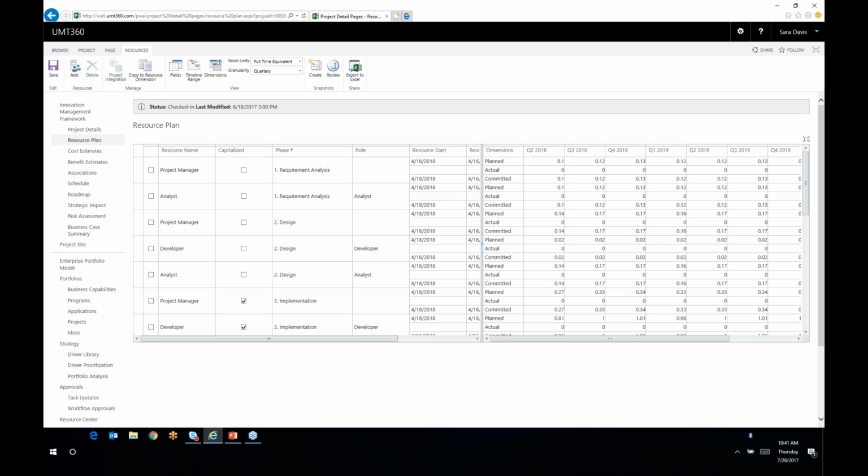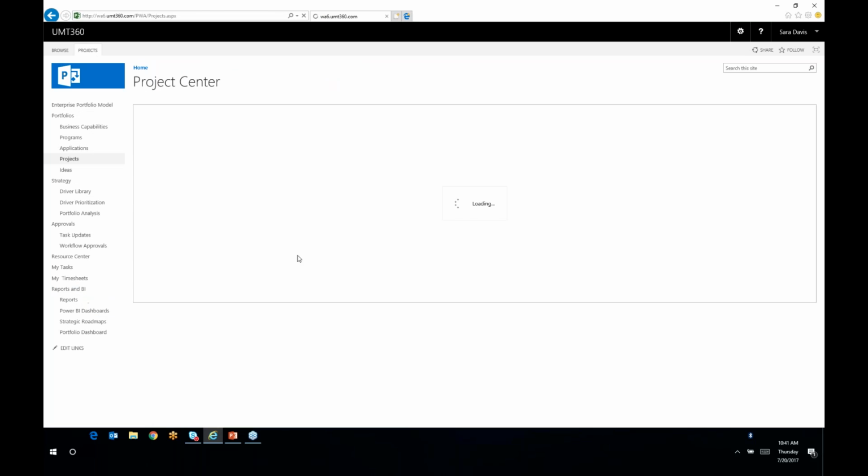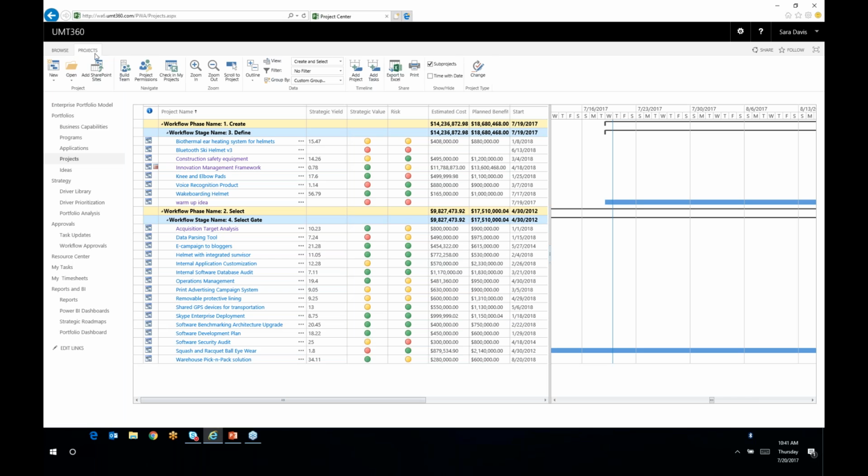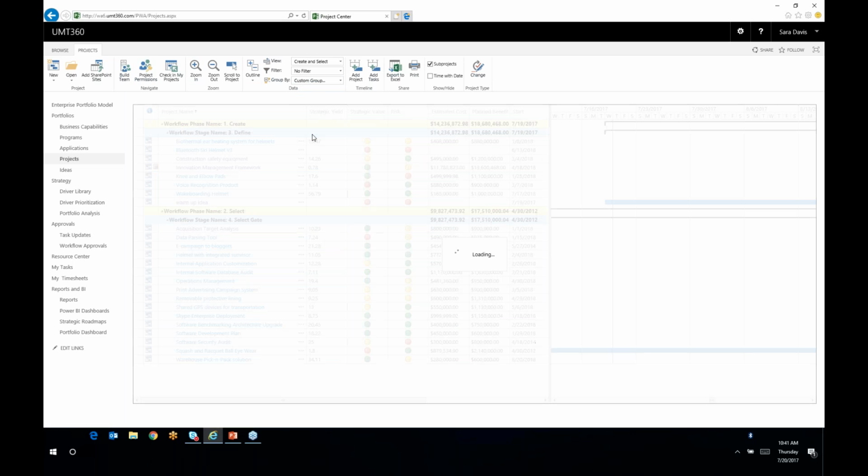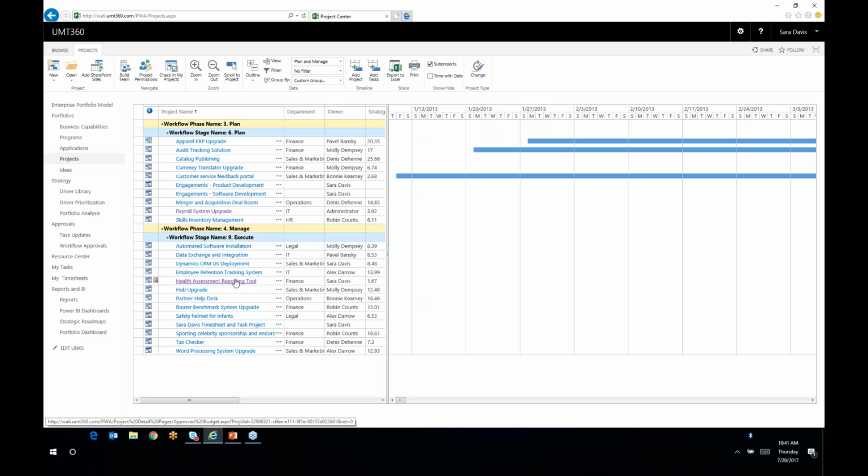So you can also define additional dimensions. So I could define additional planned dimensions, additional actual dimensions, additional committed dimensions. So this gives you the ability to do top-down planning, but also you can integrate with the schedule. So at a certain point, I can start to pull the information from the schedule, and that can become my forecast going forward. Or, if I just move on to that project that was deeper in its life, so if we move back to health assessment reporting tool that was in execution, we will see,